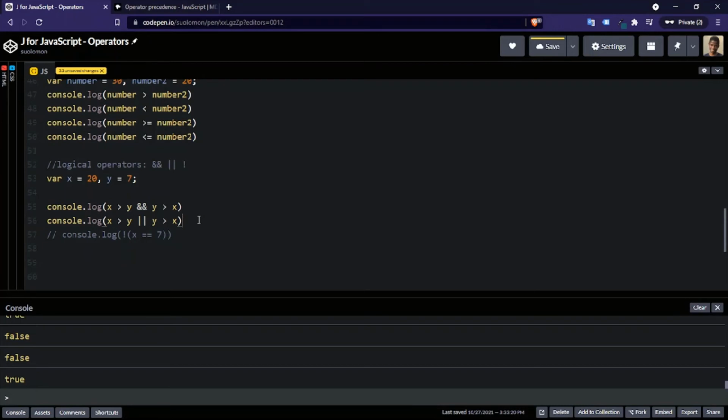And finally, let's look at the logical NOT operator. Well, this one is simple. It returns a false value if the conditions don't meet, or true or false, sorry. So we know that x is not equal to 7, or 20 is not equal to 7, and that is